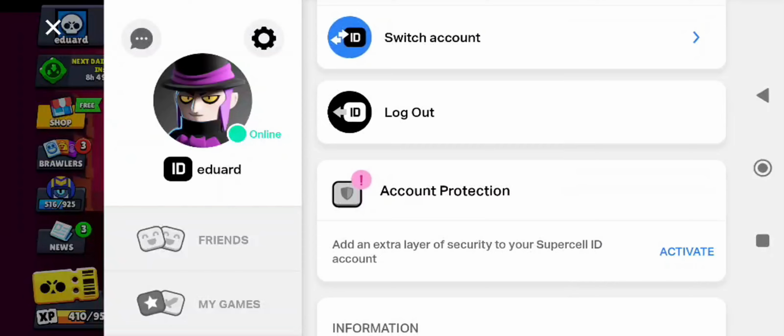In this video, I will show you how you can create a new account in Brawl Stars with Super ID. So first up, you will need to create your account with your Gmail and you will be receiving a code for activation. After that, you'll need to go here on the settings tab